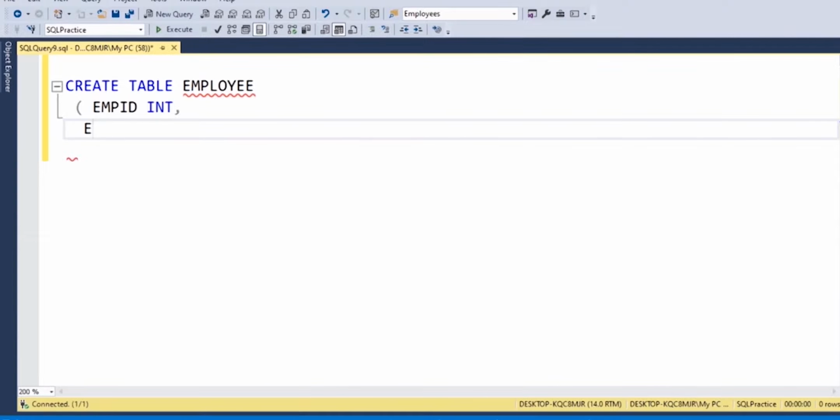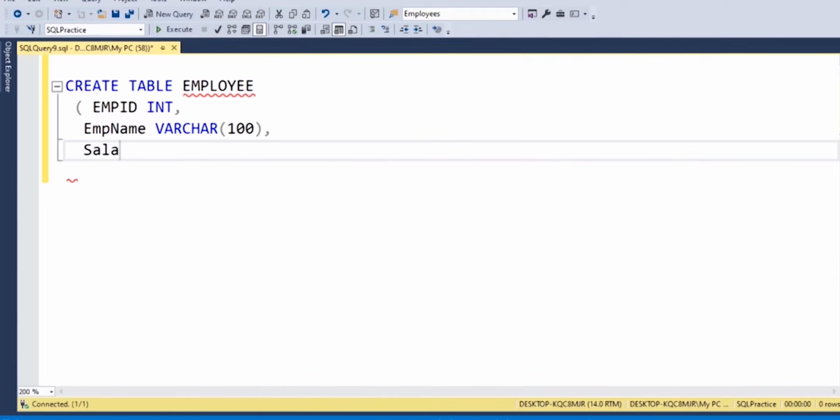And employee name. In the name part, can we give numbers? No, you can imagine our name will not include numbers. So I can give varchar. I will explain later what the main difference between char and varchar is. And salary. You can observe here, salary is an integer?